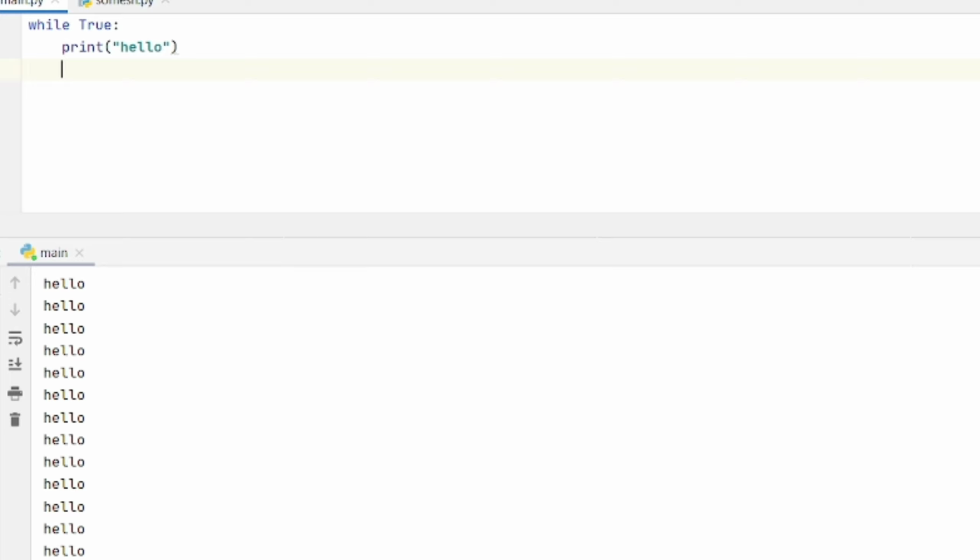I want to initialize i = 0 at the start, and for every printing of hello, I want to increment i += 1, and I will stop if i > 10. I will use break.